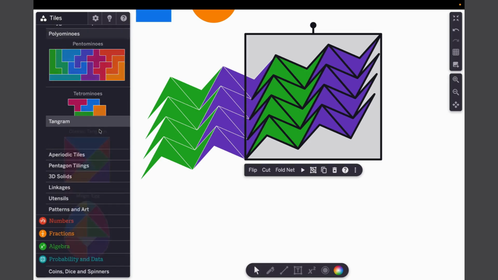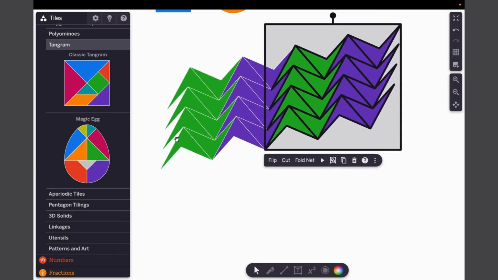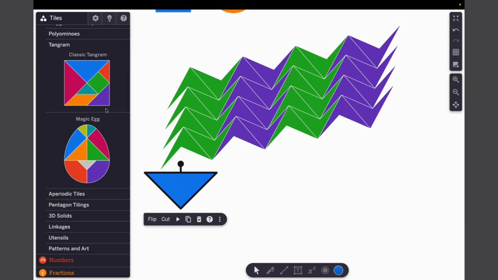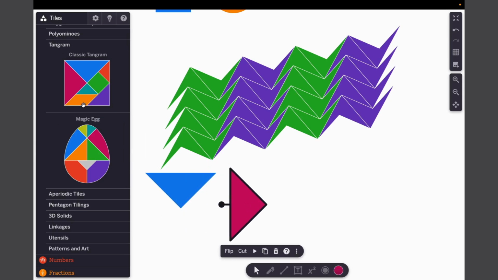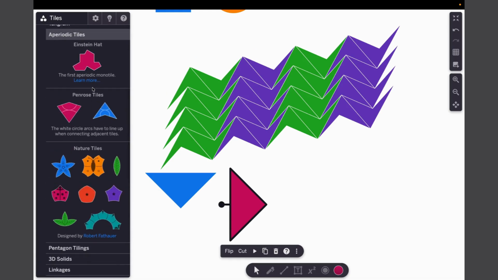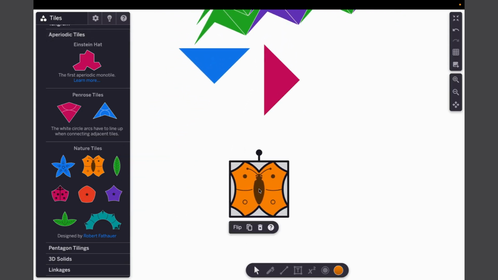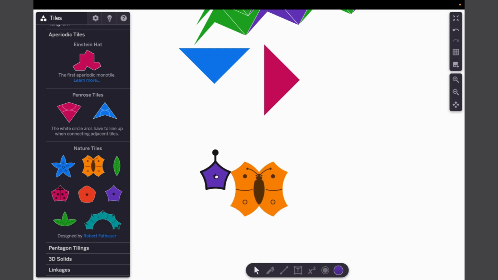We have some other tiles here that you could make art with. We have pentominoes and tetrominoes. You could make some pictures with a tangram. There's all sorts of wonderful shapes you can make with all 7 of the tangram pieces. So you could drag those out. We have the Einstein hat and the Penrose tiles as aperiodic tiles. We have these lovely